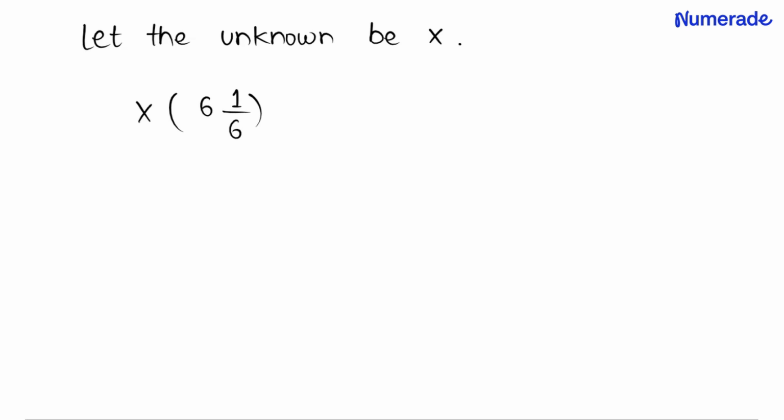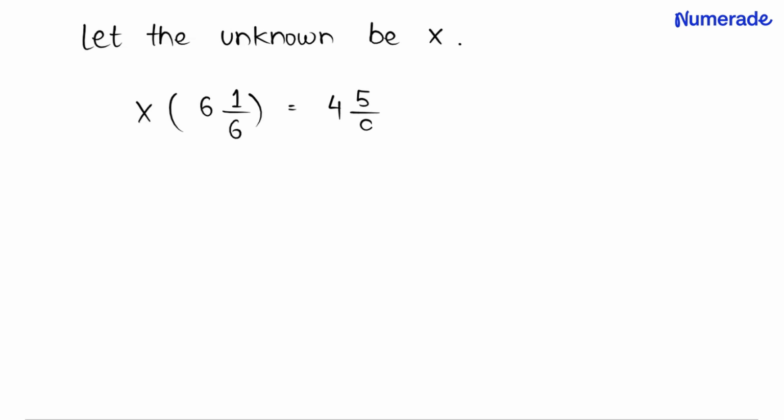In this question, the motive is to solve for the number, and let the unknown be x. So here we can write the unknown as x. Now we can write an equation with the help of this particular x, and it will be x multiplied with 6 1/6, and this is equal to 4